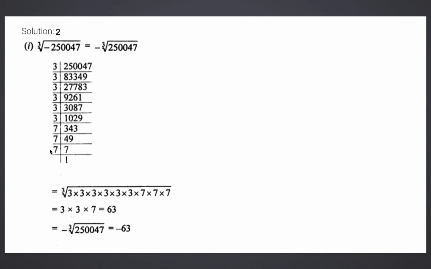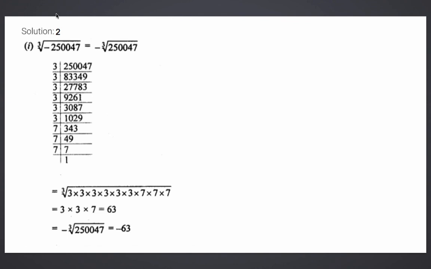What we observe is 7 is forming a triplet, and this is one triplet of 3, and this is another grouping of 3. So let us write it in the same way. First triplet of 3 is formed, so 3 will come out. Next one more grouping, we can see 3 is repeated 3 times, so 1 3 more will come, and last 7. So 3 3s are 9, 9 7s are 63. For this number 2,50,047, the cube root is 63. So for that negative number, the answer will always be negative, that is minus 63.